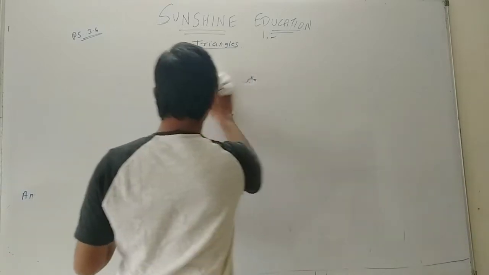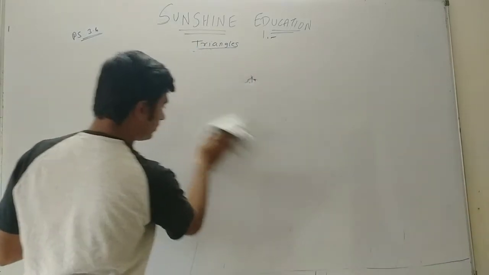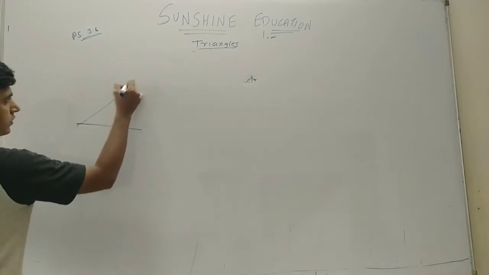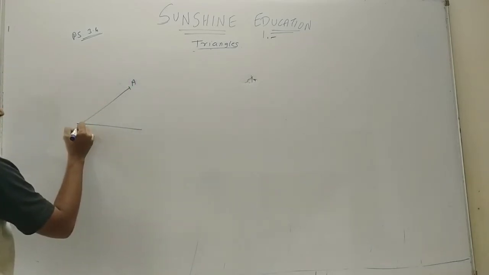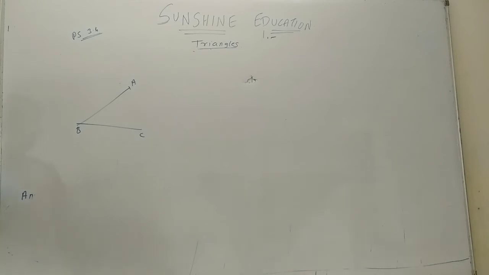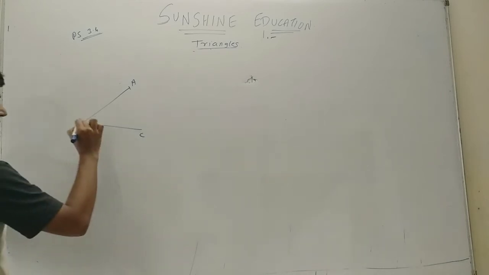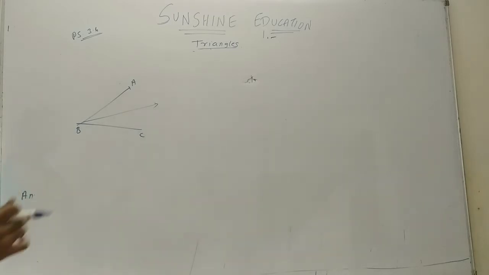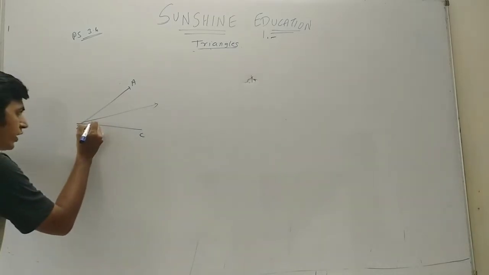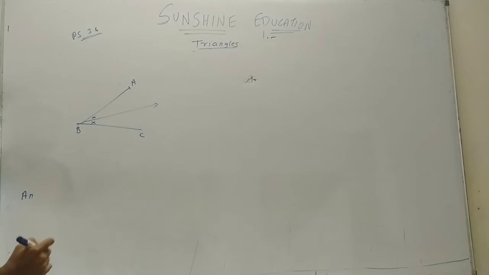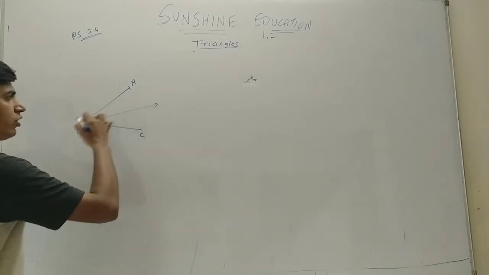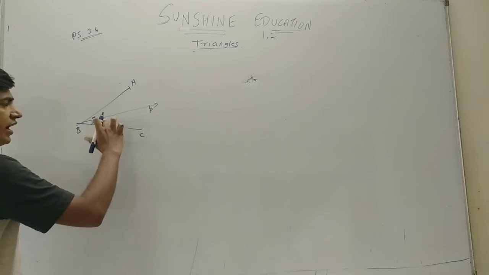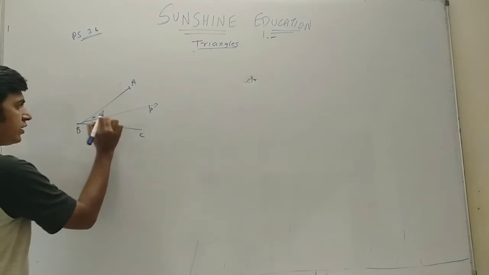These properties you need to remember for 10th standard as well, so see it properly. This is angle ABC. If we are drawing the bisector, what is the meaning of bisector? A bisector divides the angle into 2 equal parts. Now, any point lying on this bisector BP, suppose it is over here,